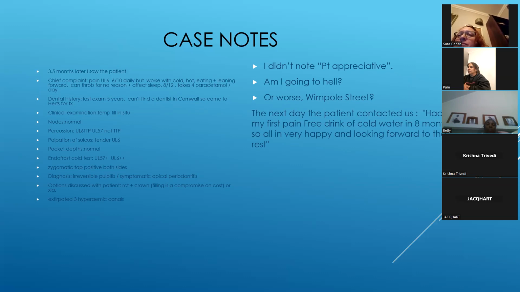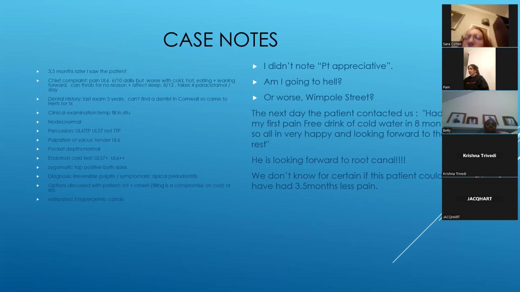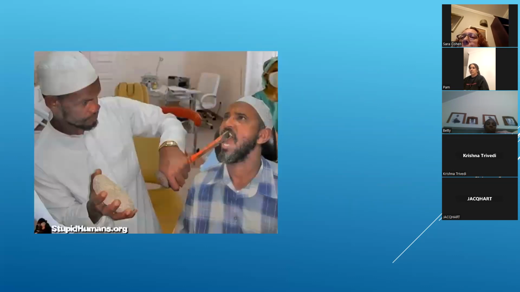I don't think he's well off, but he was paying for this treatment. He was looking forward to having root canal treatment. He's had 8 months of pain. The first 5 months we have nothing to do with. The next 3.5 months we do have something to do with. Do the proper tests, use a template to remember to do the proper tests. The diagnosis here would have been dead simple. Note keeping is about making accurate records, but primarily it is about patient care and improving patient care. It's not about just protecting ourselves.